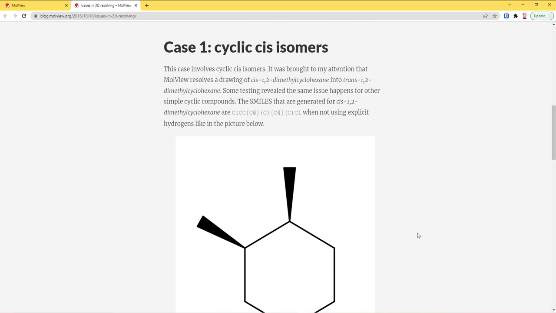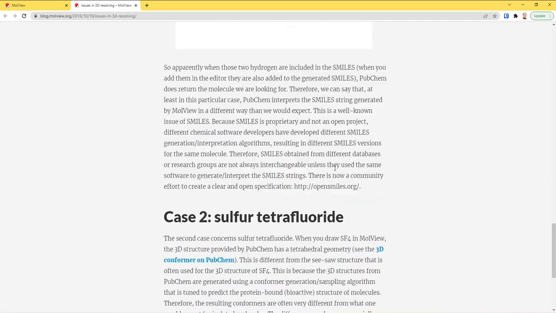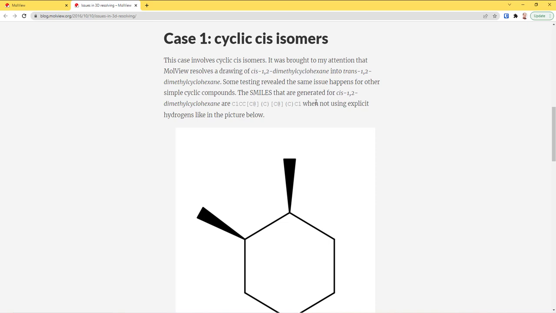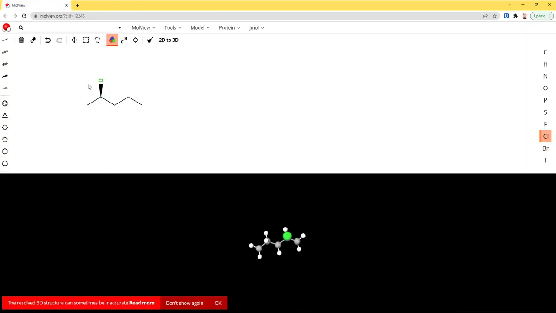This is computerized technology. It's going to do the best that it can to understand what it is that you're trying to do. And when you read through this, I'm not going to read through all of this, but they tell us that sometimes in the cases of certain molecules, we can have a problem with the way it interprets things when not using explicit hydrogens. So when we look at my model that I drew here, right, we can see that this model shows my 1, 2, 3, 4, 5 carbons in a row with a chlorine coming towards the viewer on carbon